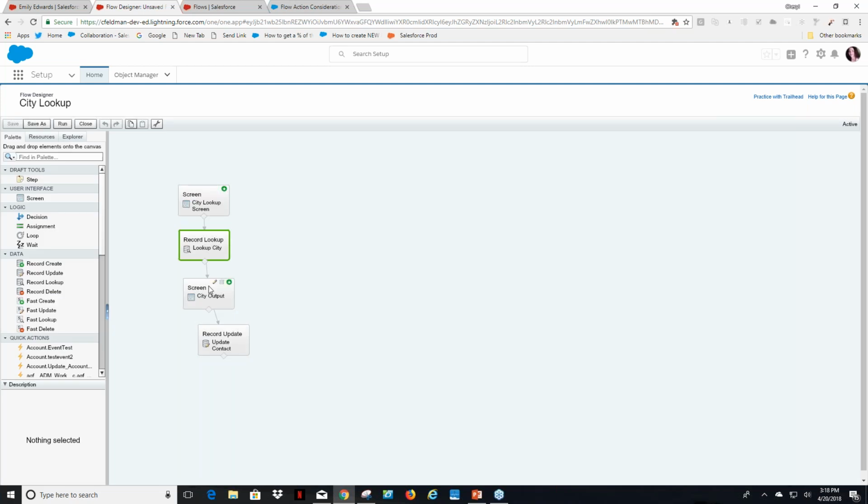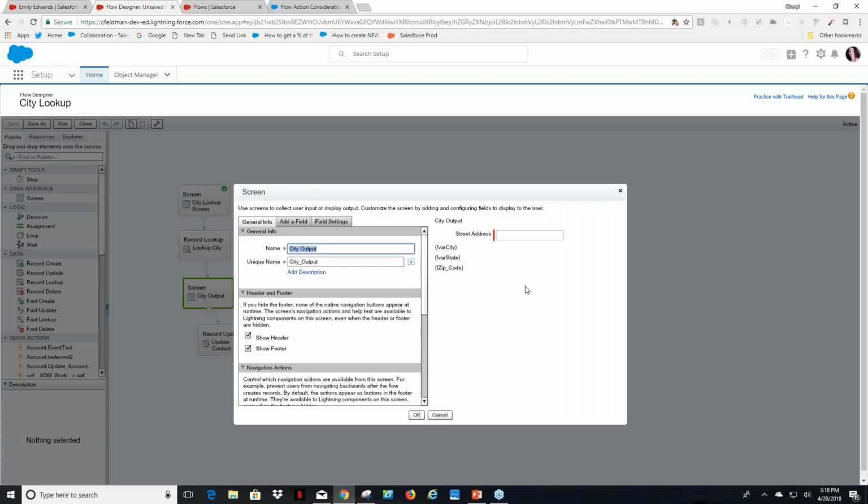And then what I'm doing on my output screen is I just have an input field here for street address. And then I have a variable for city, variable for state, and then I'm showing my zip code field again, even though a user already entered it, I'm just showing it here for display. And so these are display fields that will display the variable for city, and the variable for state will display